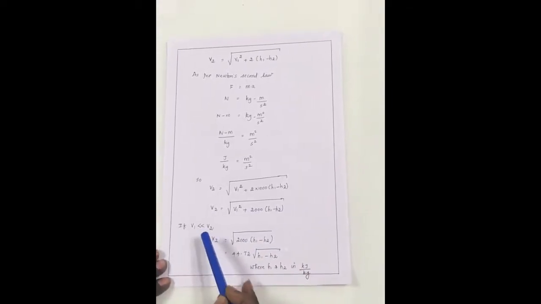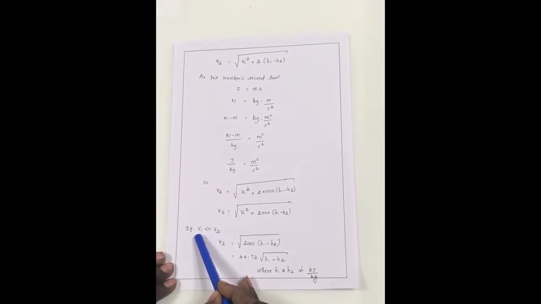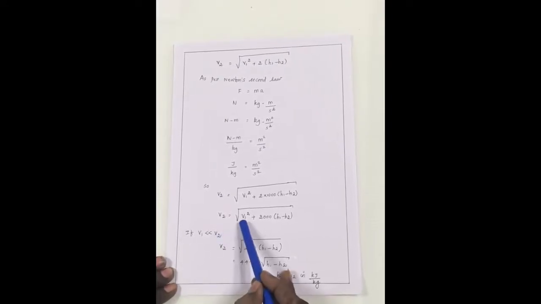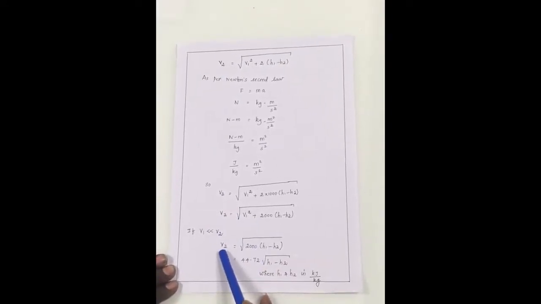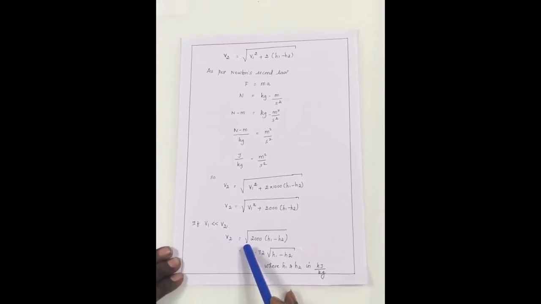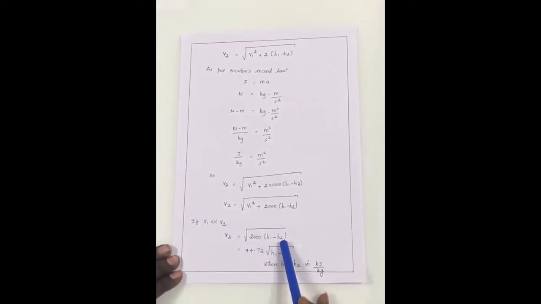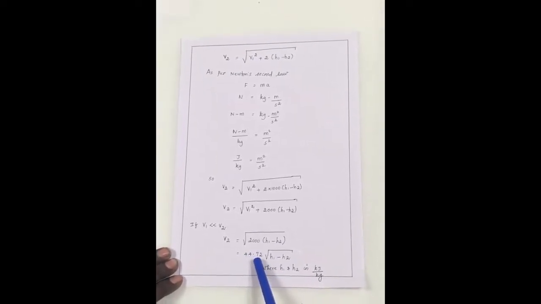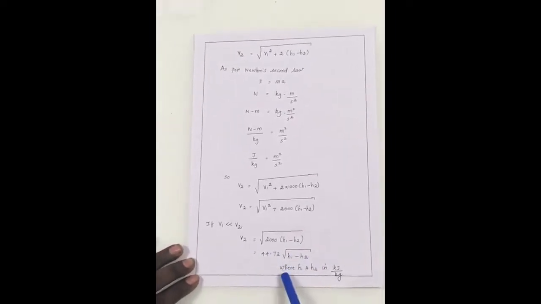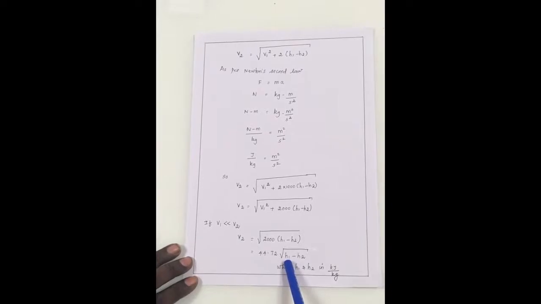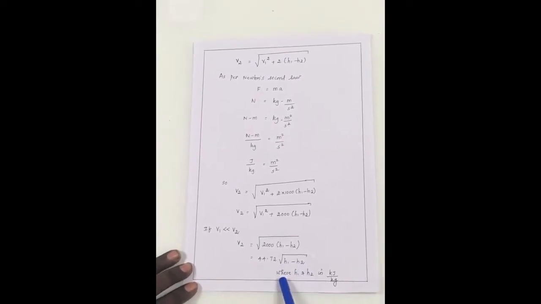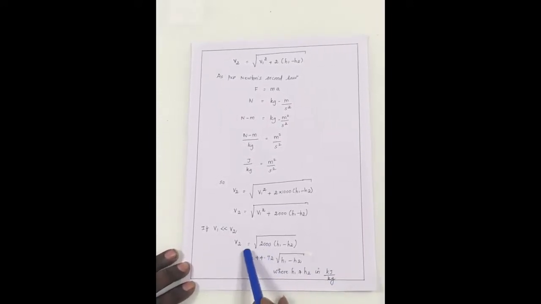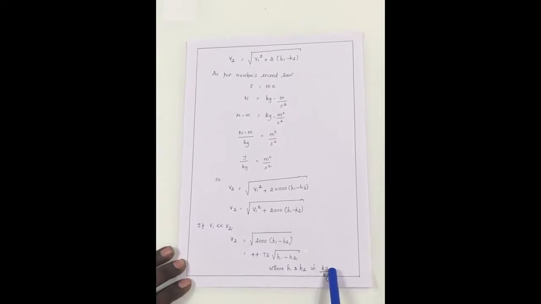In general, V1, the inlet velocity of the steam in the nozzle, will be very low compared to the exit velocity, so we can neglect V1 squared. We can rewrite the exit velocity equation as V2 equal to the square root of 2000 into H1 minus H2. If you take the square root of 2000 out, it is 44.72 into the square root of H1 minus H2. We should ensure that we substitute H1 and H2 in kilojoule per kilogram, because we already modified the equation for the unit of kilojoule per kilogram.